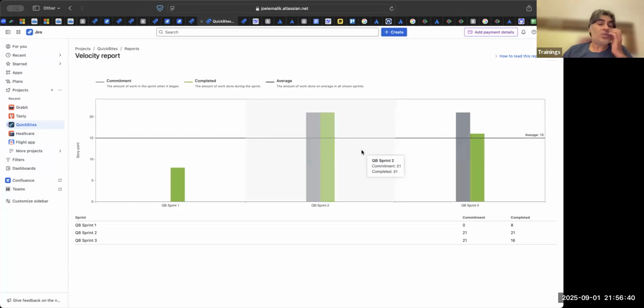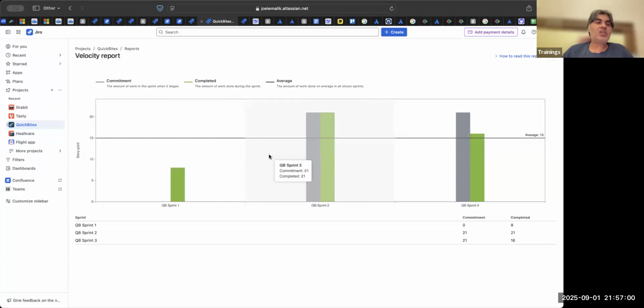And it is one of the most important concepts in Agile. Story points are your completed work in a particular sprint. Velocity is your completed story points in your sprint. Now this chart will give you an average.